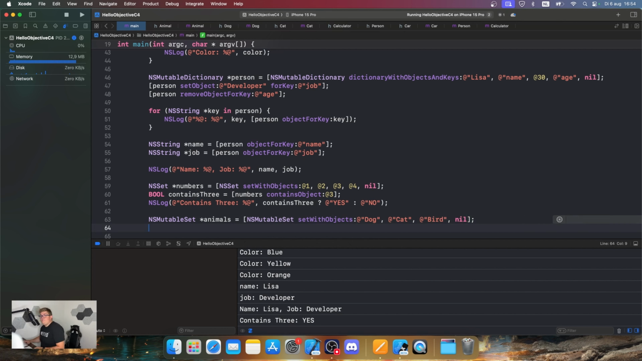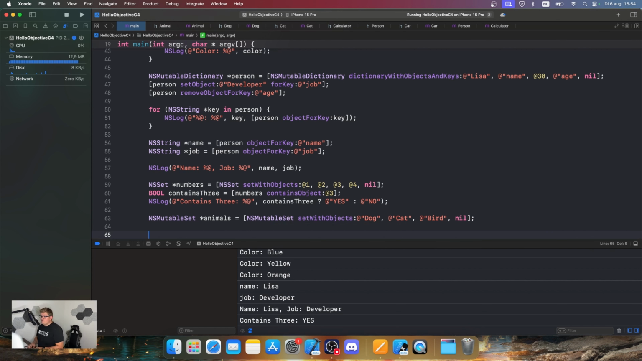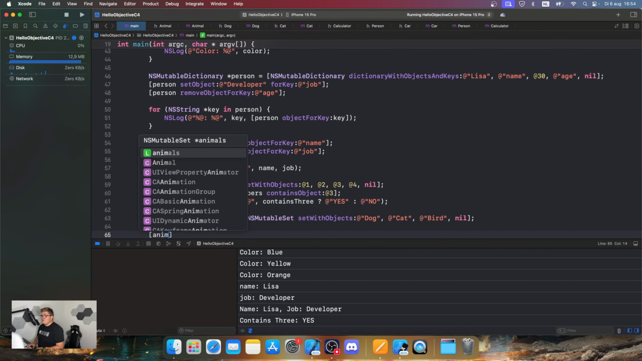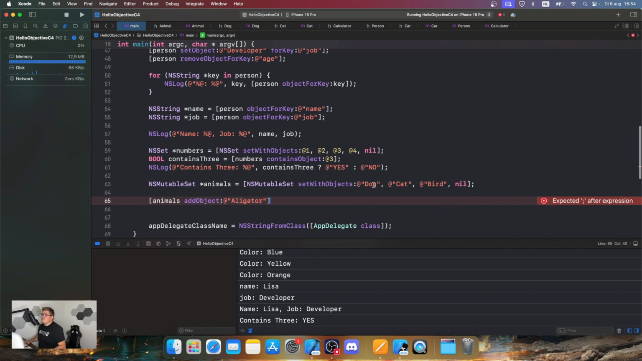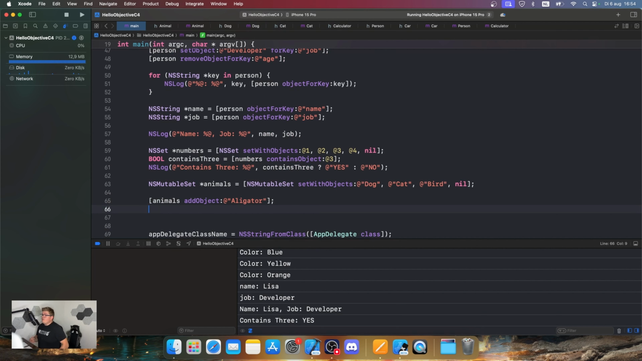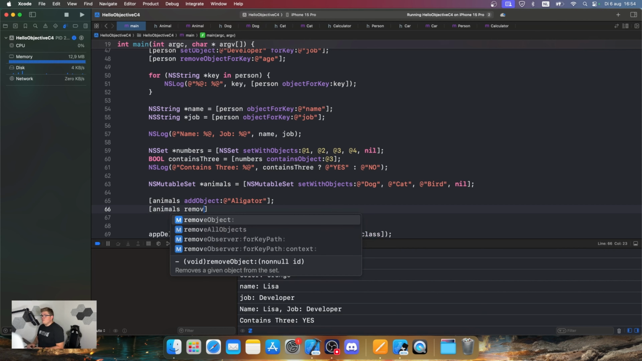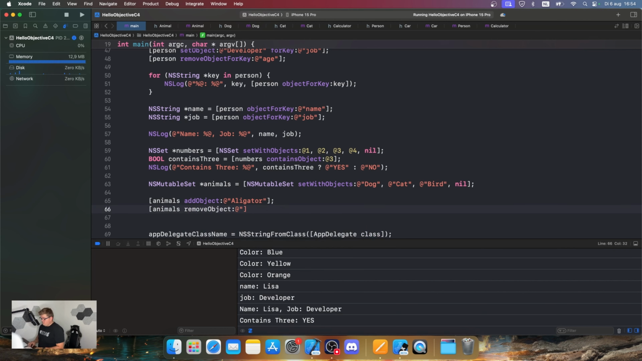Okay, so now we can actually add a value. So what we can do, we can actually open this one up, animals, and then we're going to say addObject, and this is going to be alligator. So now we have 4 animals. So we have the cat, we have the dog, we have the bird, and we also have the alligator. But we actually want to remove the bird, right? So what we can do, we can open this one up, animals removeObject, and this is going to be the bird,